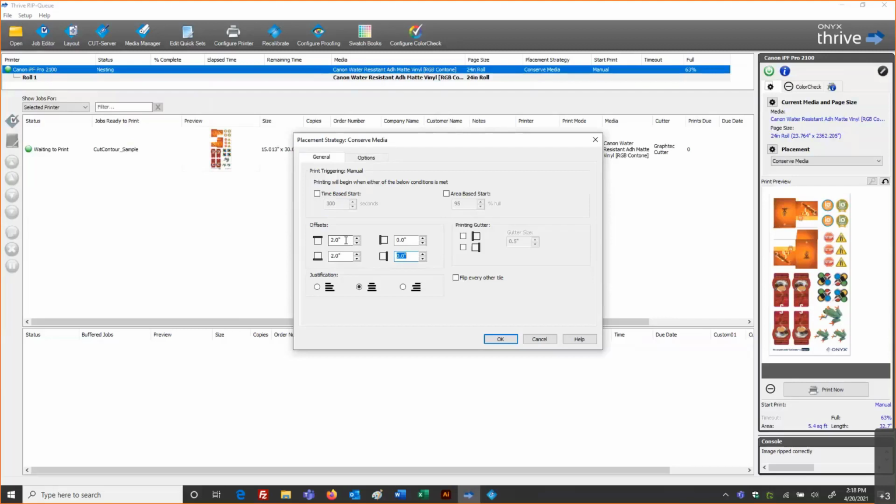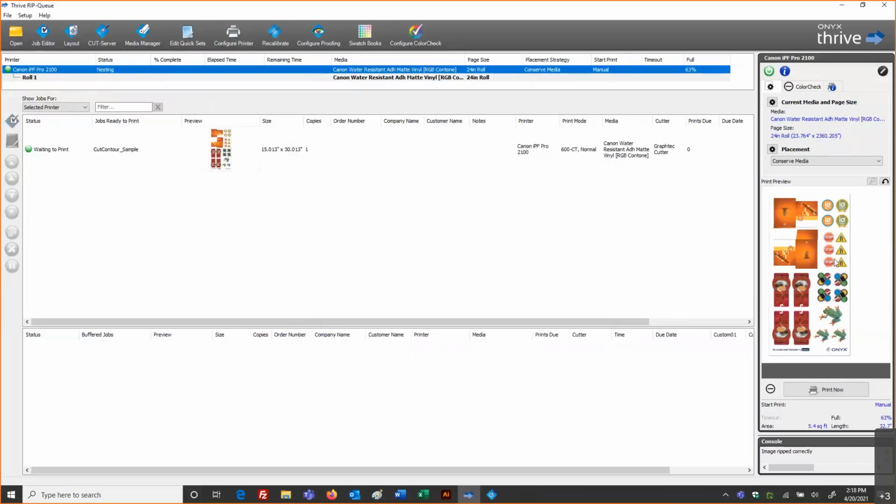This is going to give a little extra lead and tail end of media so that when the sheet is going through the cutter, if it gets to either end of the sheet, it doesn't run out of material. For example, if the cut imaging area is close to the edge of that sheet. And then, of course, I'm going to center it, which is just going to be basically the sweet spot on my roll of material. So now I'll see that update take place. And then I'll have that information for a little bit of a lead edge and a little bit of a tail edge for my particular workflow here.